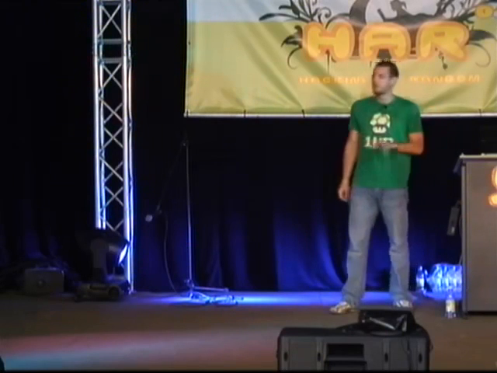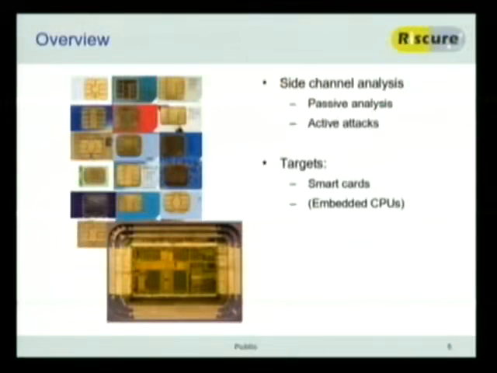The targets I'm going to be talking about mostly are smart cards. These attacks were mainly invented on smart cards. If the term DPA doesn't mean anything to you, differential power analysis was invented about 10 years ago, and it was a huge blow to the smart card industry at that point in time, because some guys from CRI, a company in the US, showed that they could, at that point, pretty much break any smart card. Nowadays, it's not so easy anymore, but I'll show you at least the basics on how this works.